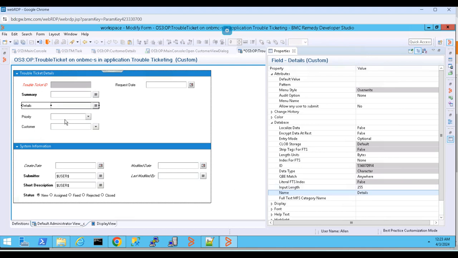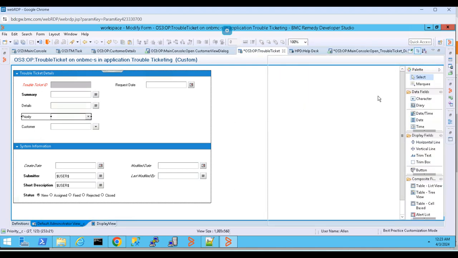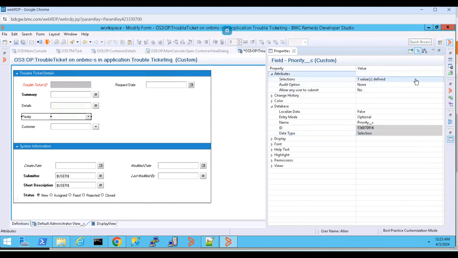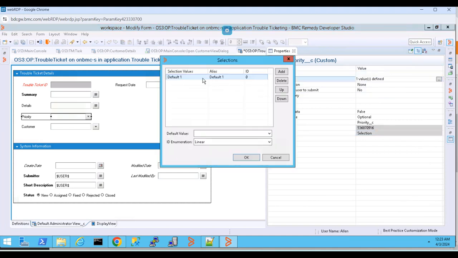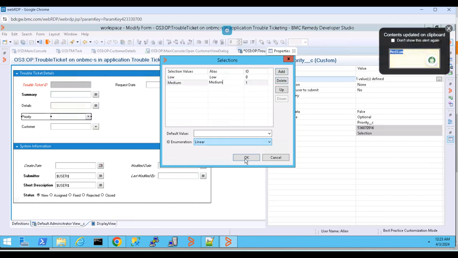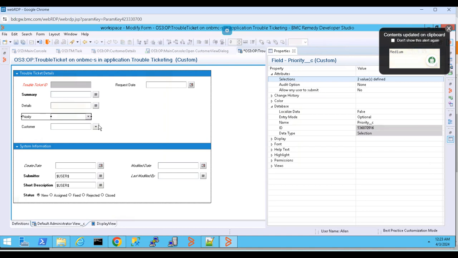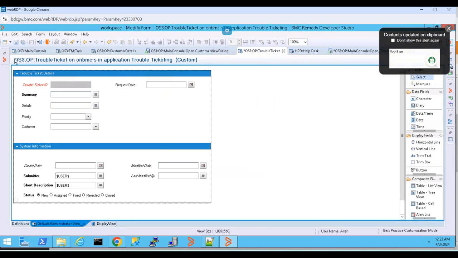Okay. Then see, we'll make it more realistic. Priority. No, only one value. We'll say low. Then you can add here medium. We'll add only these two values, as of now. This is priority. Okay, save this. I'll go back to my